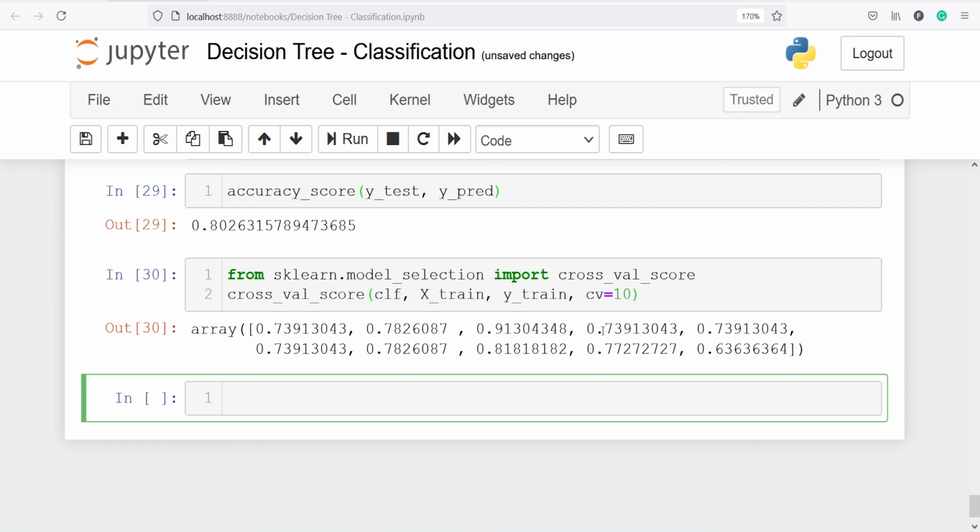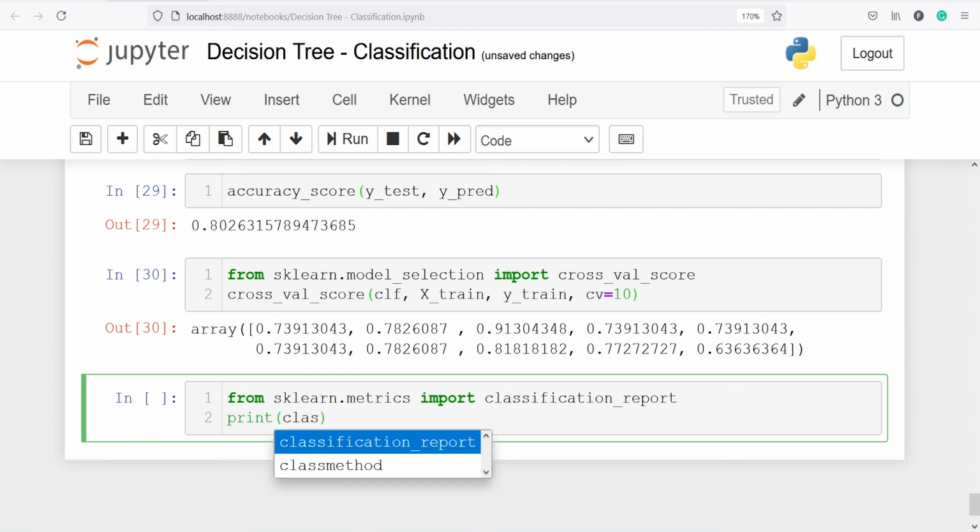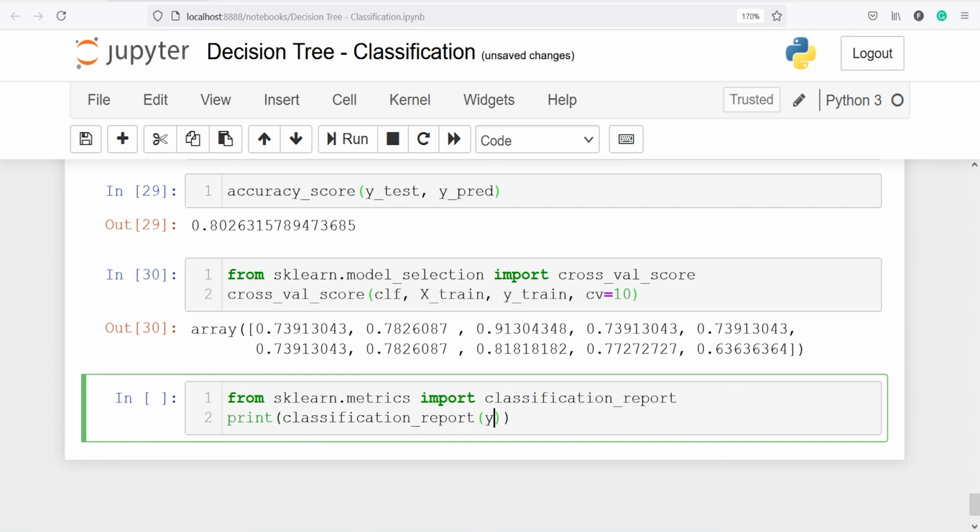We can also print the classification report, and for that first we will import from sklearn.metrics import classification_report. Let's print the classification report, and then we will pass y_pred and y_test.